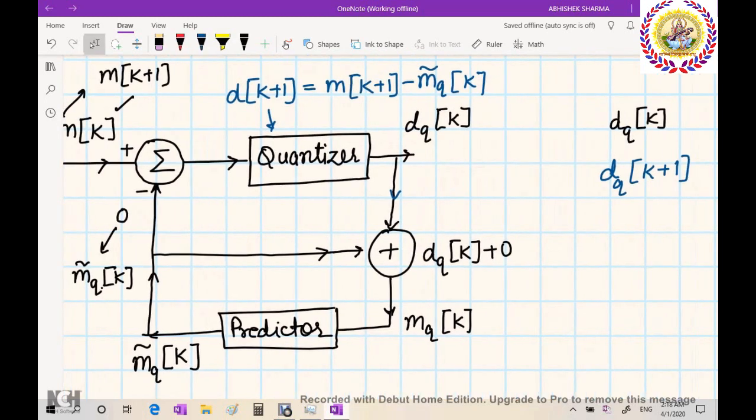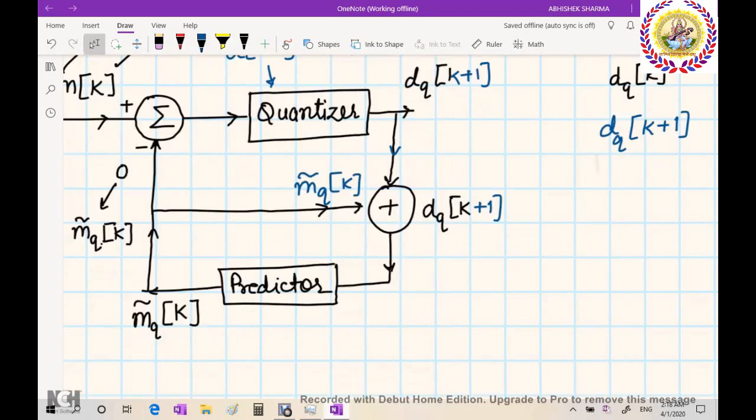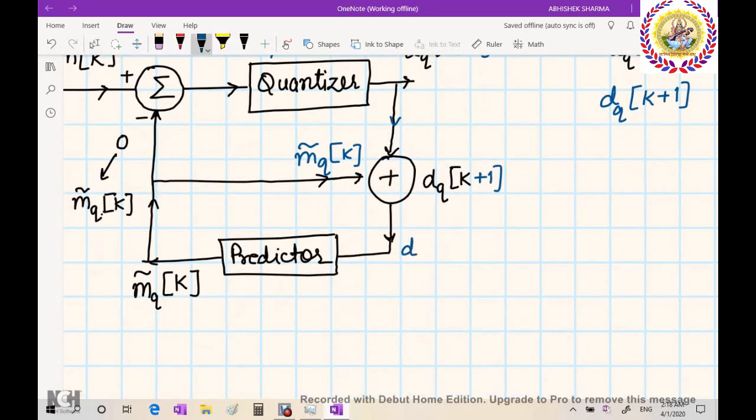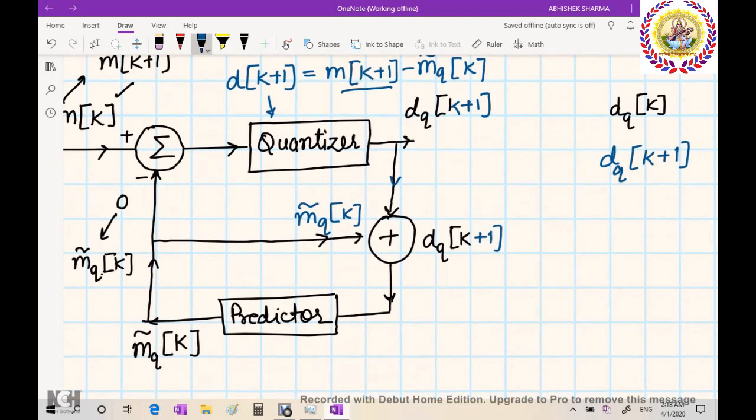Now dqk plus 1 plus mqk. Now at this point we have dqk plus 1, which is the quantized value of dk plus 1. So we will have mqk plus 1